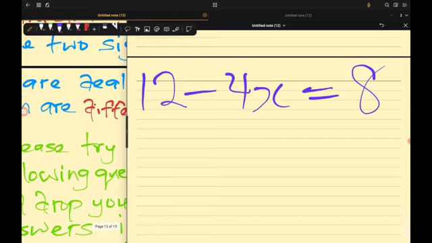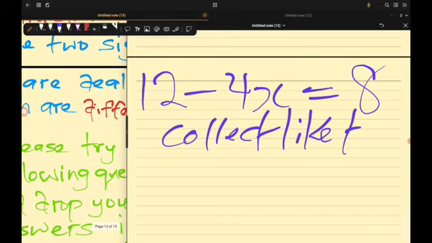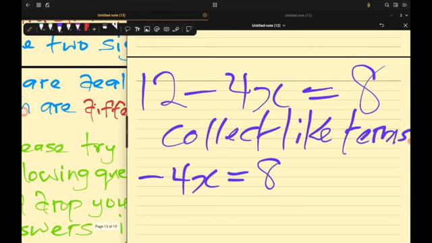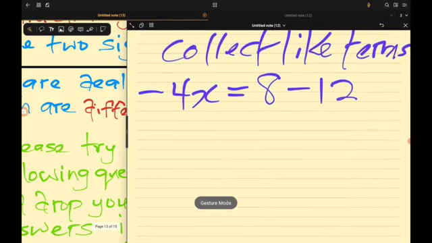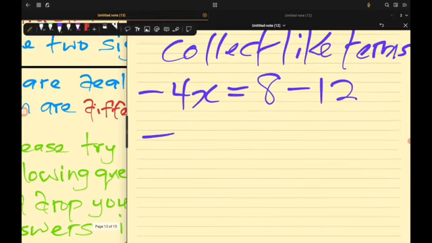So here, based on what we've done in the past, I'll quickly just collect like terms. I'll collect like terms by saying minus 4x is equals to 8. The plus 12 that is on the left hand side will become minus 12 when it comes to the right. So then I will say minus 4x is equals to,